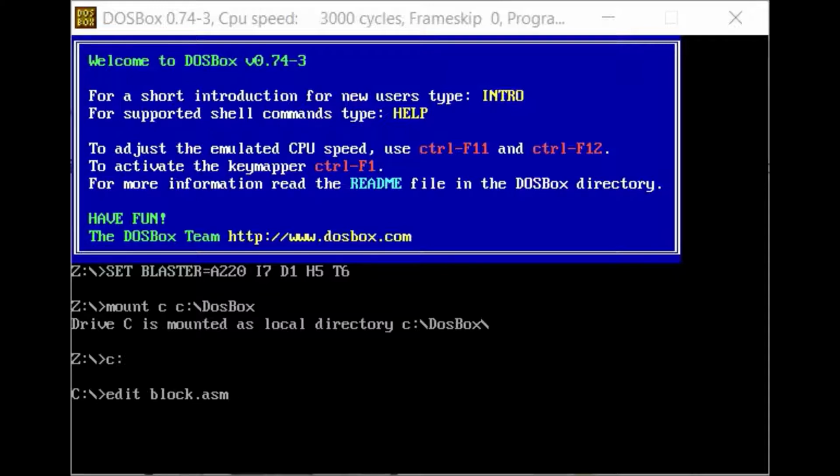The algorithm used is: first, set the value of offset SI equal to the source index register. After that, set the value of offset DI equal to the destination index register. After that, load the value 0000 into register AX. After that, load the data of AX register into DS. After that, load the data of AX register into ES. And after that, load the data of offset SI into CL register and load the value 00 into CH register. And after that, we increment the value of SI by 1.